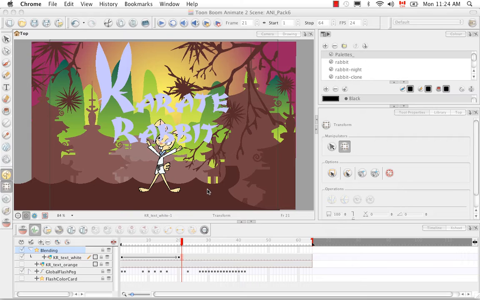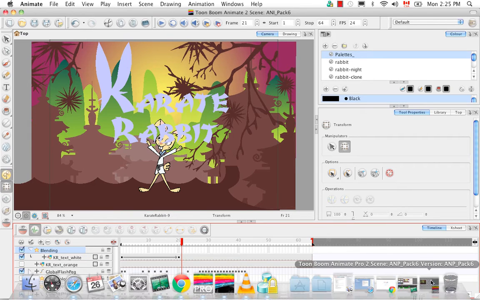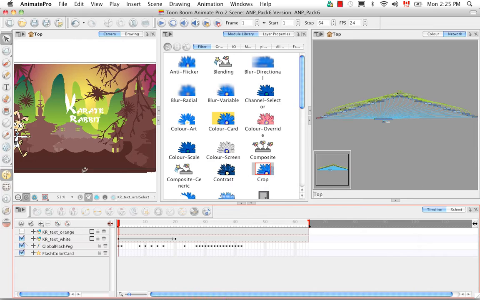Okay, now let's take a look at Animate Pro. So in Animate Pro, we have the exact same scene. I created some white text that if you scroll across, gets bigger. But this time I think I'm going to use the orange text instead. It's not animated, but I'd like you to see what the blending modes look like when you use a layer that is not white. So the difference between adding an effect in Animate and Animate Pro is that in Animate